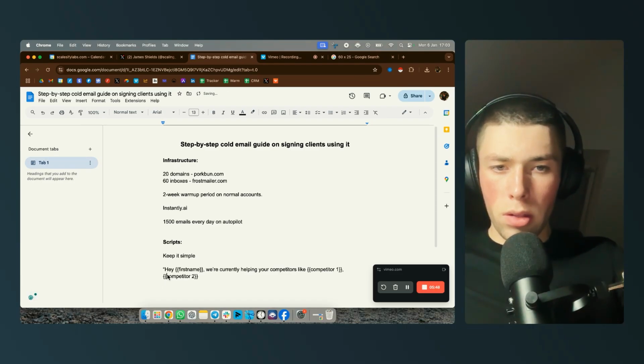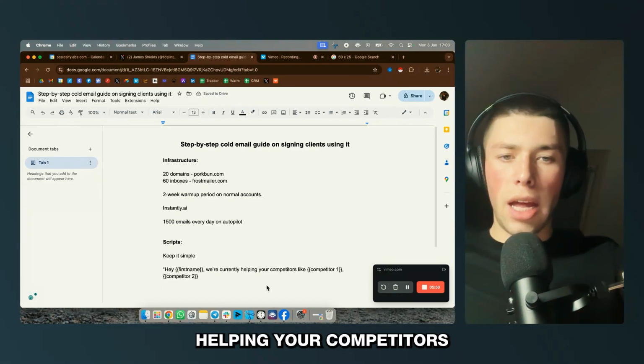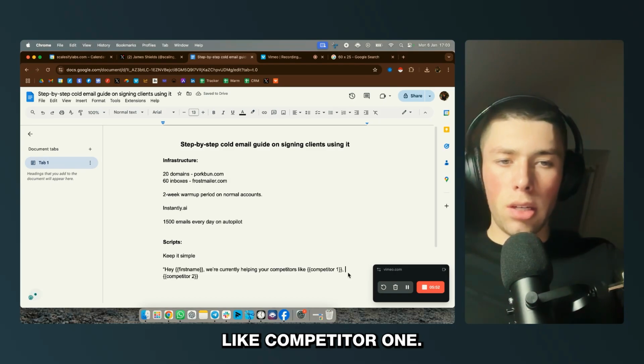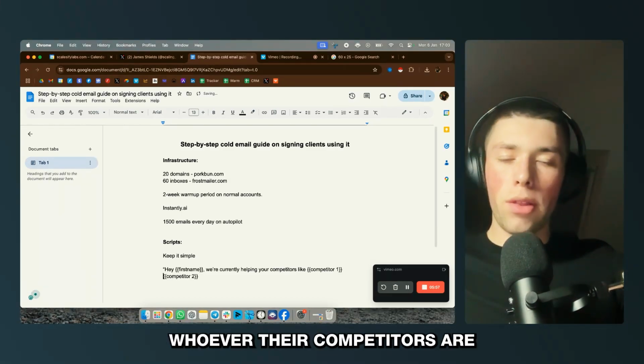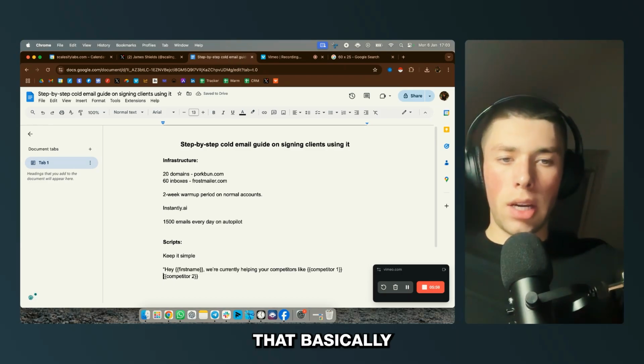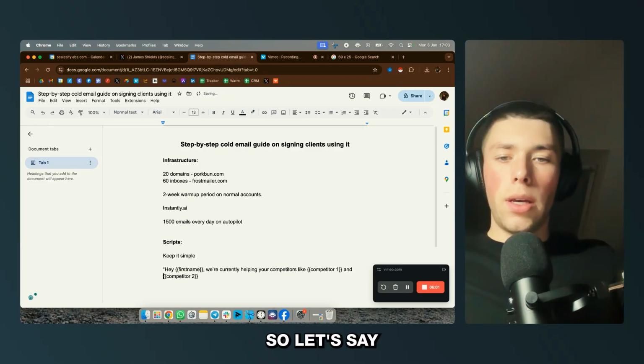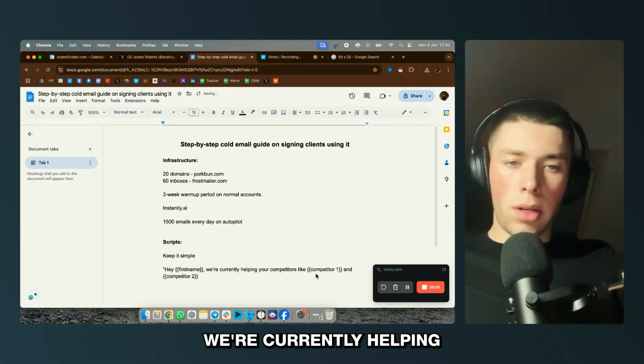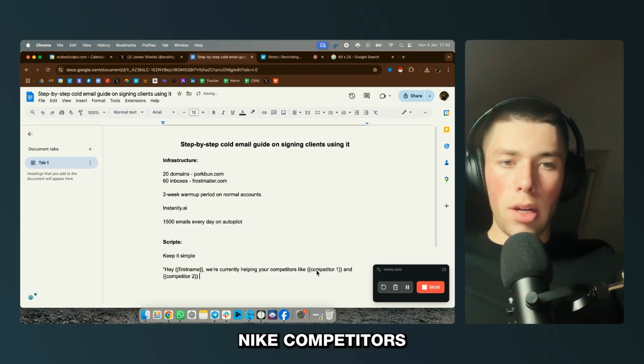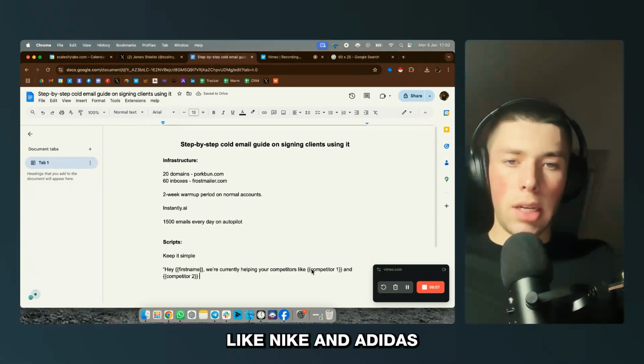So this is basically insert competitor. Whoever their competitors are, you just insert that as the variable. So let's say we're currently helping Nike competitors like Nike and Adidas